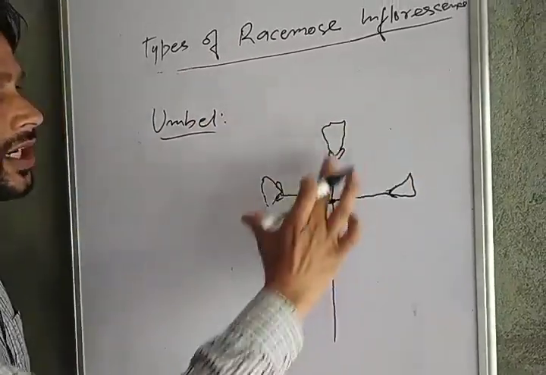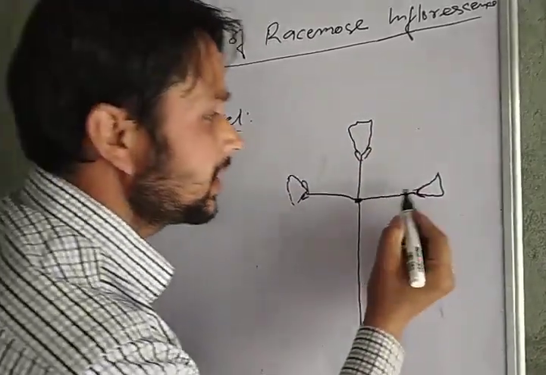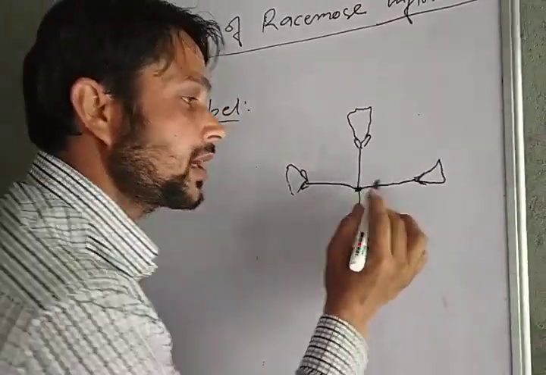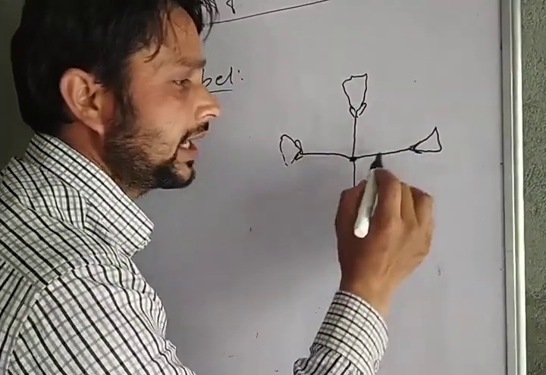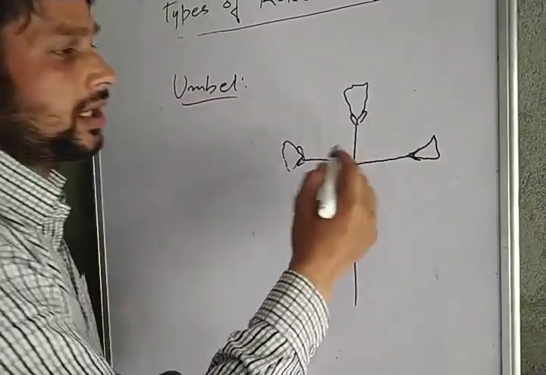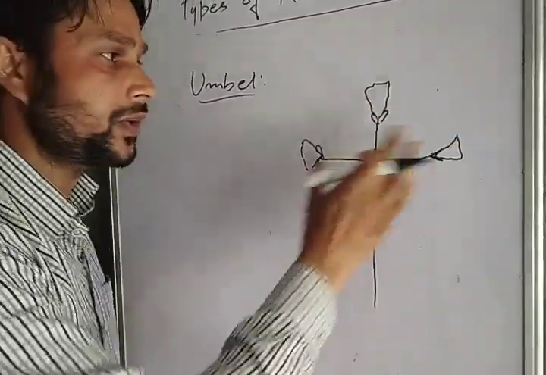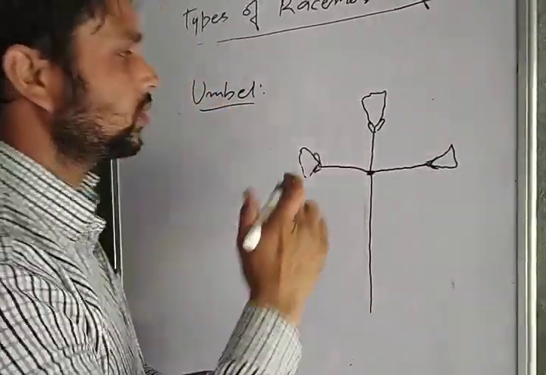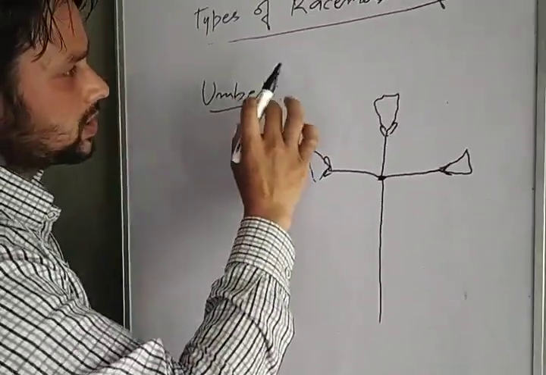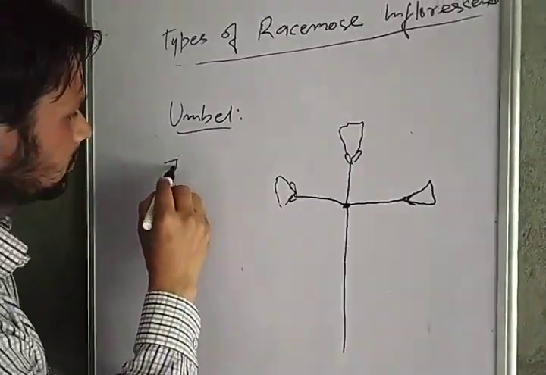Where do these pedicellate flowers arise from? These pedicellate flowers arise from a common point towards different sides, but they attain the same length. Okay. So in umbel type of inflorescence, the flowers